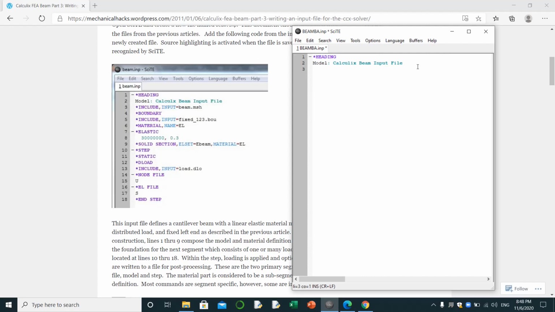Here, heading, this command is corresponding to comments. Whatever sentence is following heading will show up on the top of the output file later while we solve for CCX. This one will be appearing on the top of the file, and that's because of the heading command. After that, we continue to write down